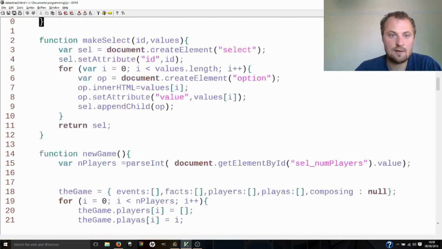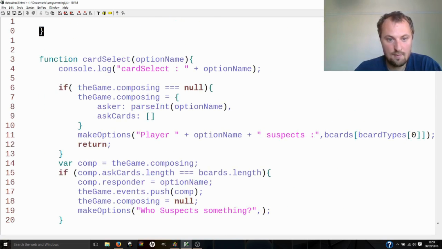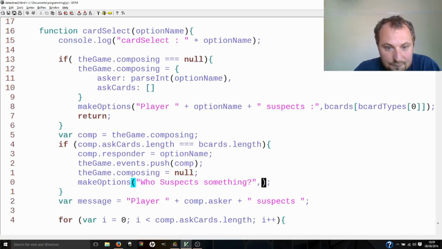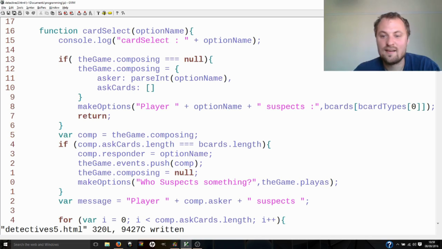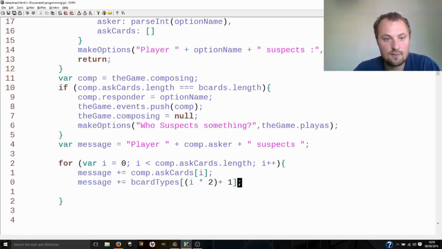So, back up to where we were. We've now added play as up there, which means we have a bit less work to do in our card select. The game.composing, and then we can just use the game.playAs. Now play, yeah. But that's not going to happen. We're not even going to get to that stage unless we can have